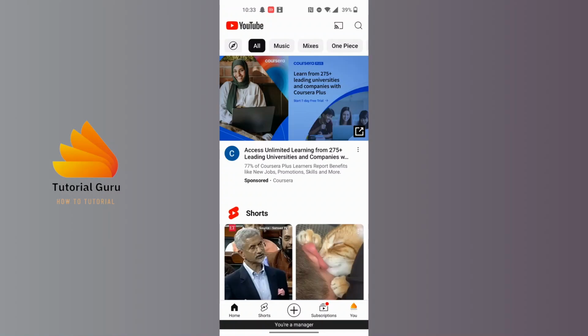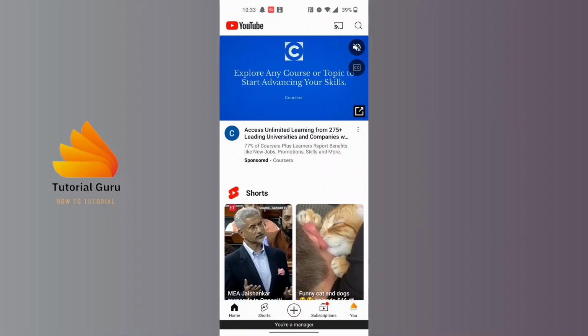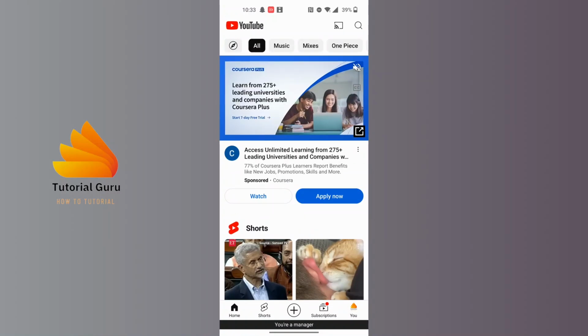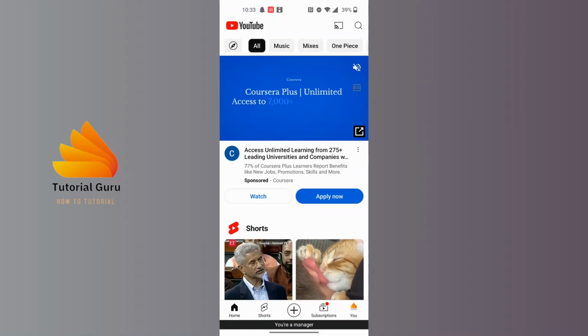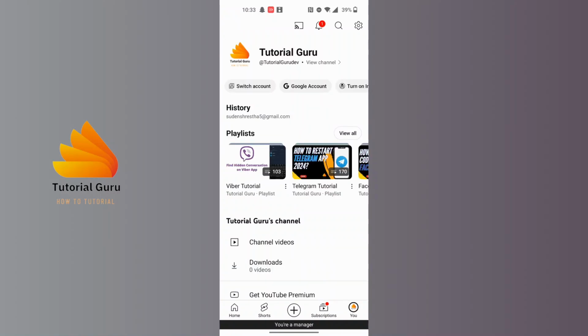After opening your YouTube app, guys, on this interface at the bottom right corner of the screen you can see there's a button where it says you. Just beside the subscription at the bottom right corner, tap on the button where it says you at the bottom right corner of the screen, and you'll land on this interface, whereas at the top right corner of the screen